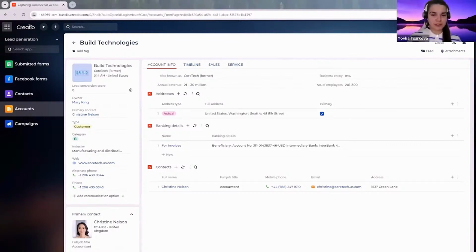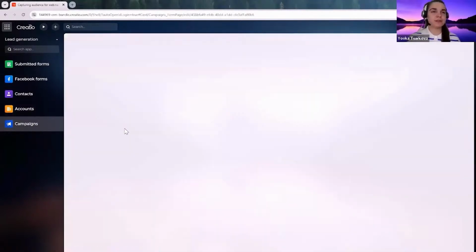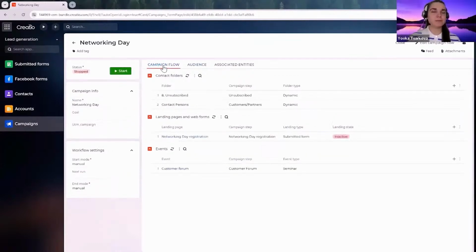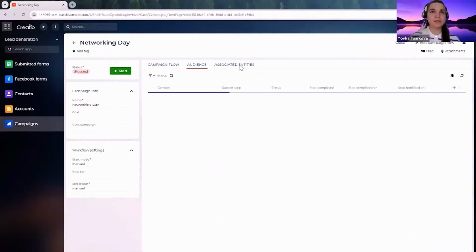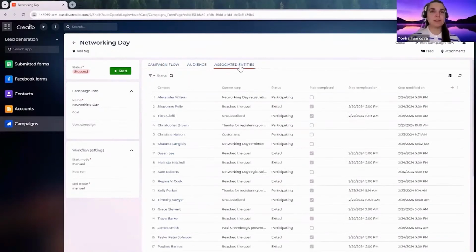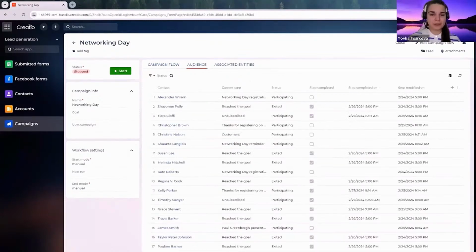Now, in the lead generation app, we also have marketing automation workflows, and we can use our campaigns. So if you go to campaigns, I can open any of the campaigns, and here you can create your own campaign flow and audience. You can select your audience, and you can see all the associated entities. Now, in the audience here,